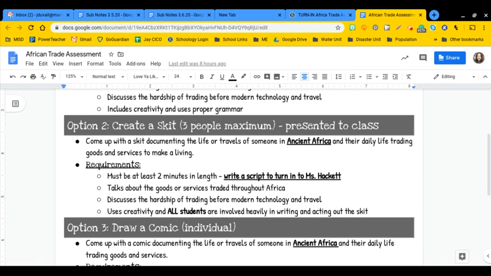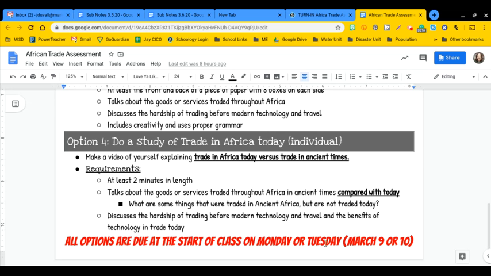But again, you only have class today and class on Friday to work on this, and it is due at the start of class on Tuesday. So please use your time productively in class, make smart decisions with who you're going to be working with,